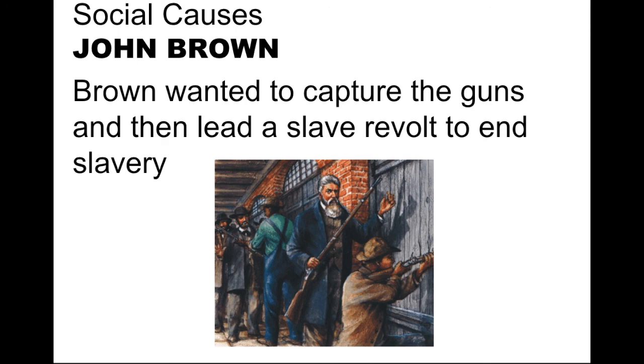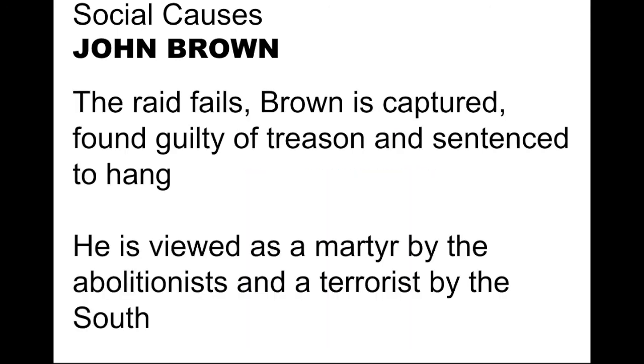Like I said here, he's eventually wanting to capture the guns and then lead a slave revolt. The raid fails. Brown is captured. He's found guilty of treason. He's actually the first person ever to be found guilty of treason, and he's sentenced to hang. So at this point, John Brown is viewed as either a martyr by the abolitionists or a terrorist by people